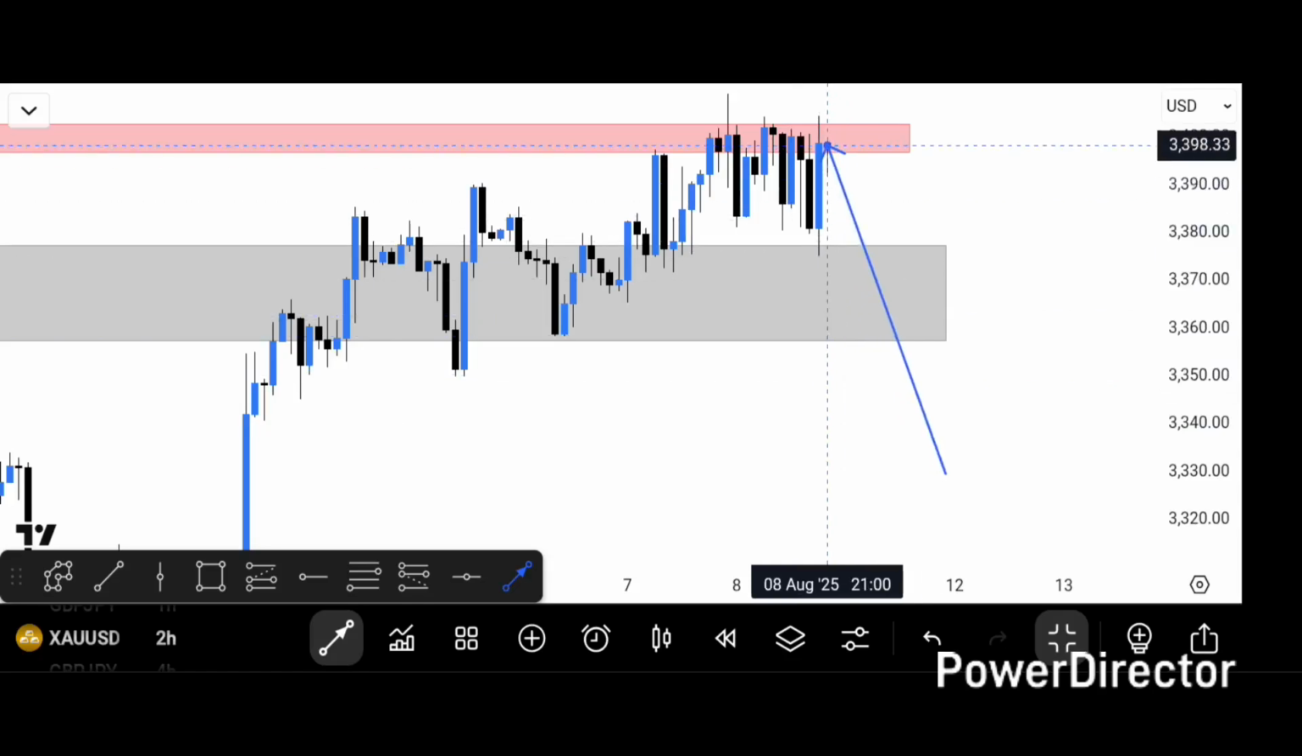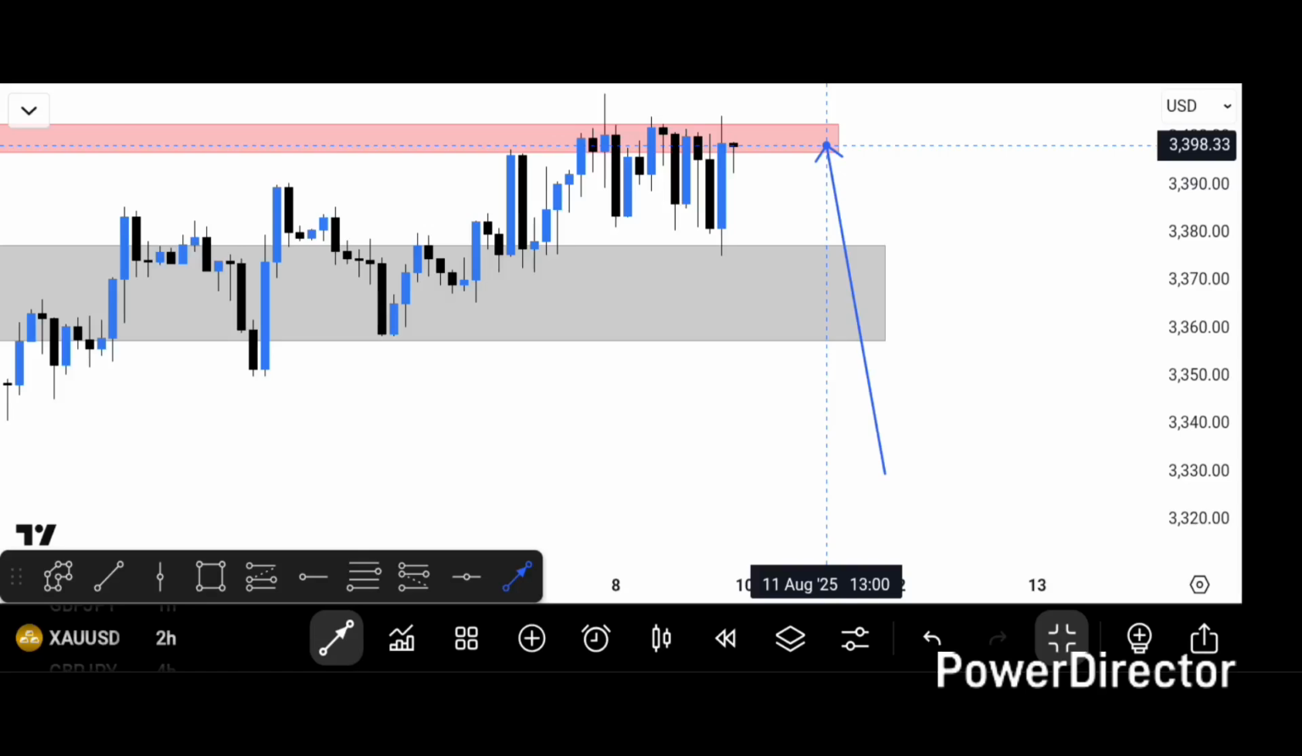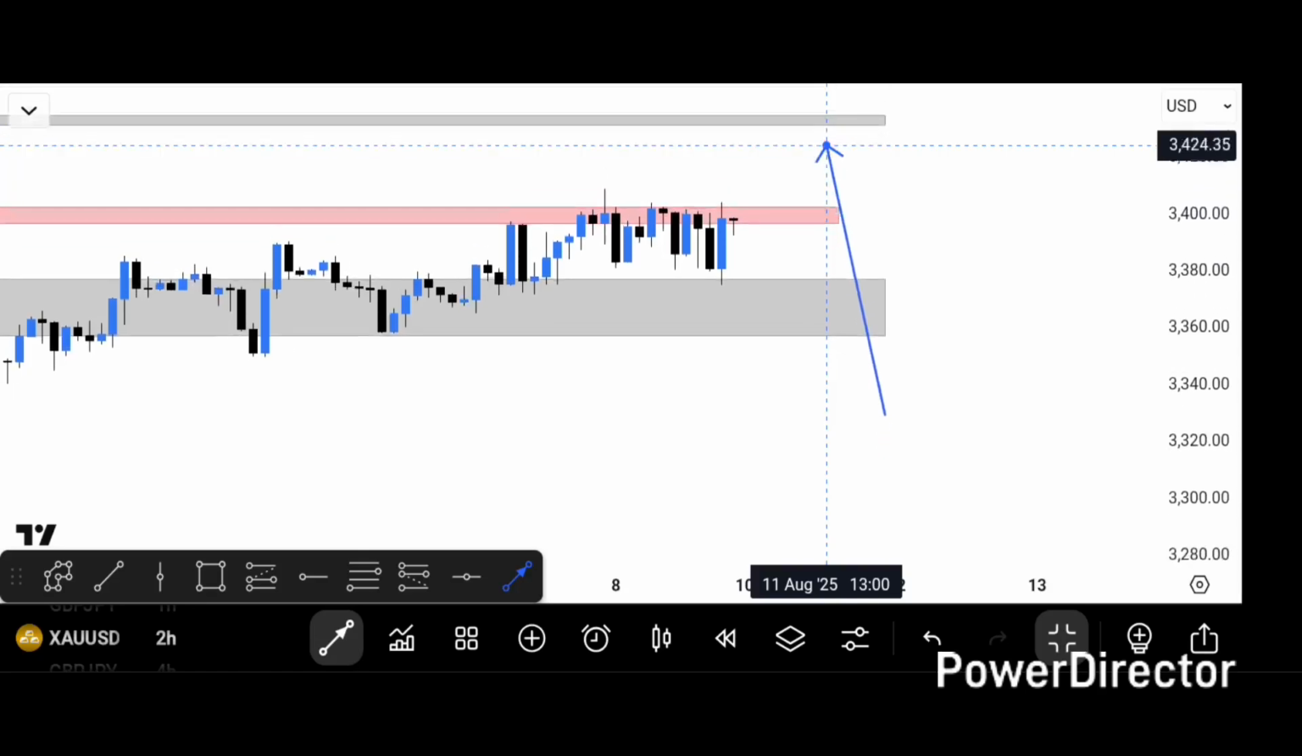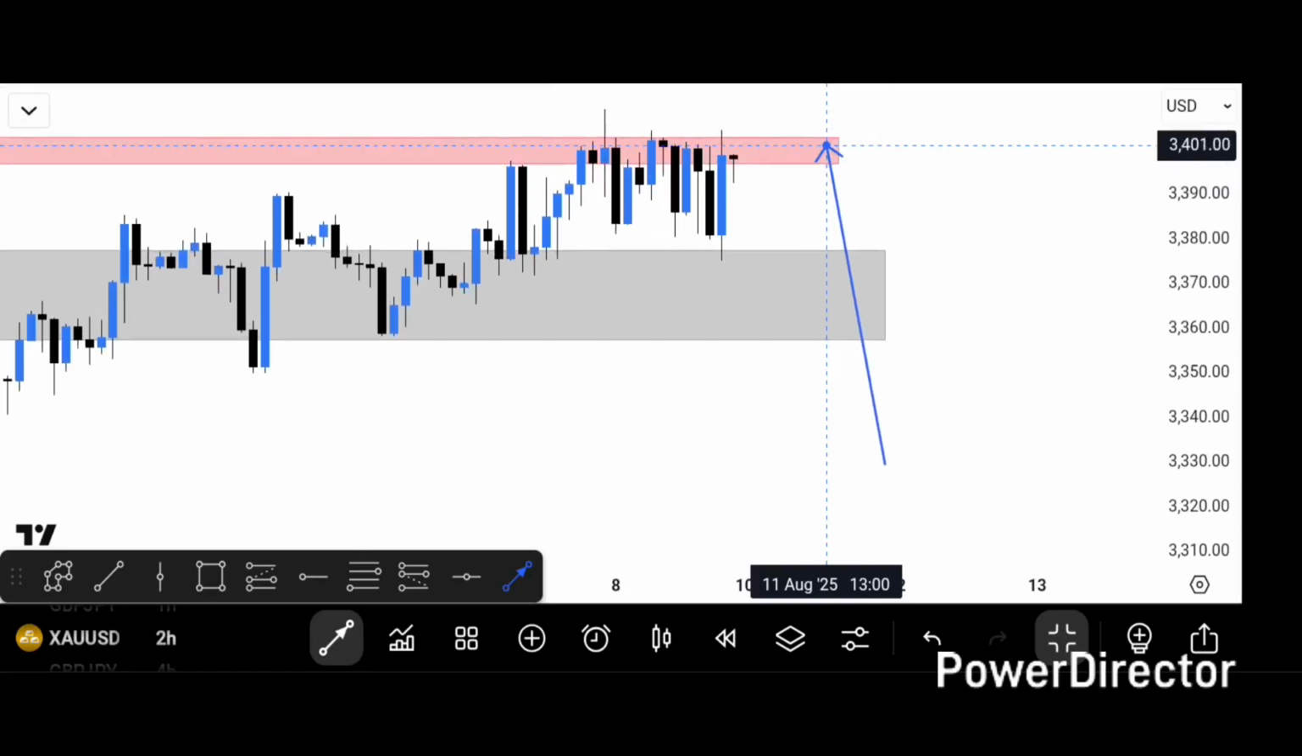Also on gold, just wait to see what gold does before taking any trade. But I'm anticipating a bullish run on gold coming up next week. So we'll see how the markets react